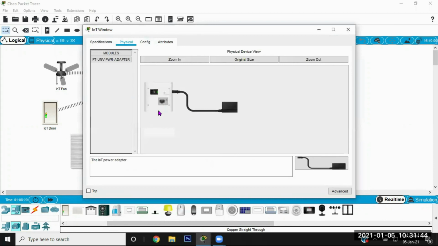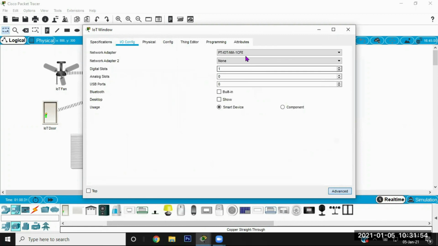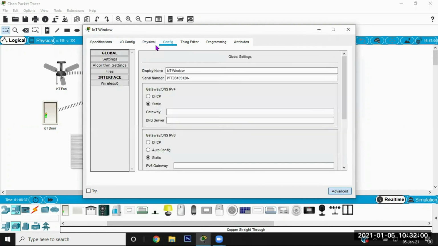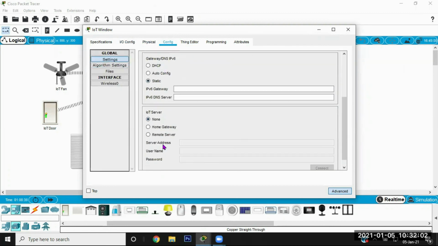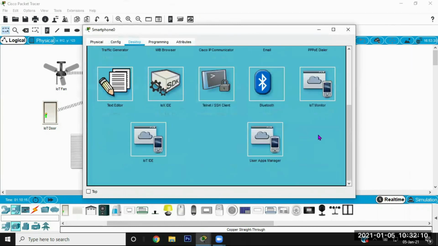If you want to connect in a wired form, you can just directly connect. And if you want to connect this one in a wireless form, you just need to go to advanced mode, IoT, and you need to just change your network adapter. And after changing that one, you need to just go and register that onto your home gateway. And after that, you can just control this IoT window from your smartphone.